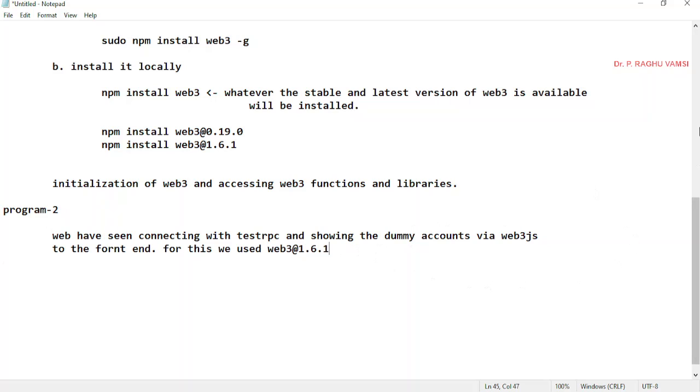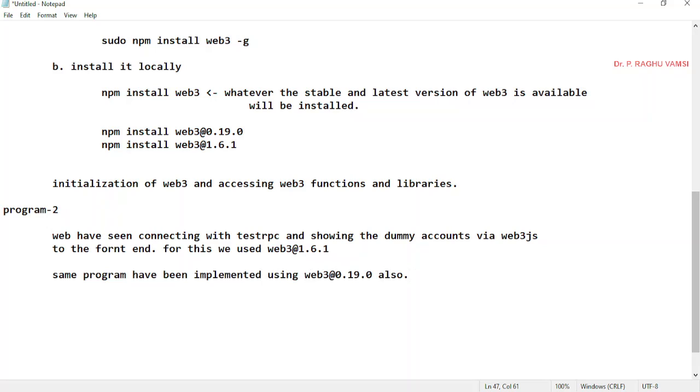Okay, same thing, the same program has also been implemented using Web3 0.19.0.